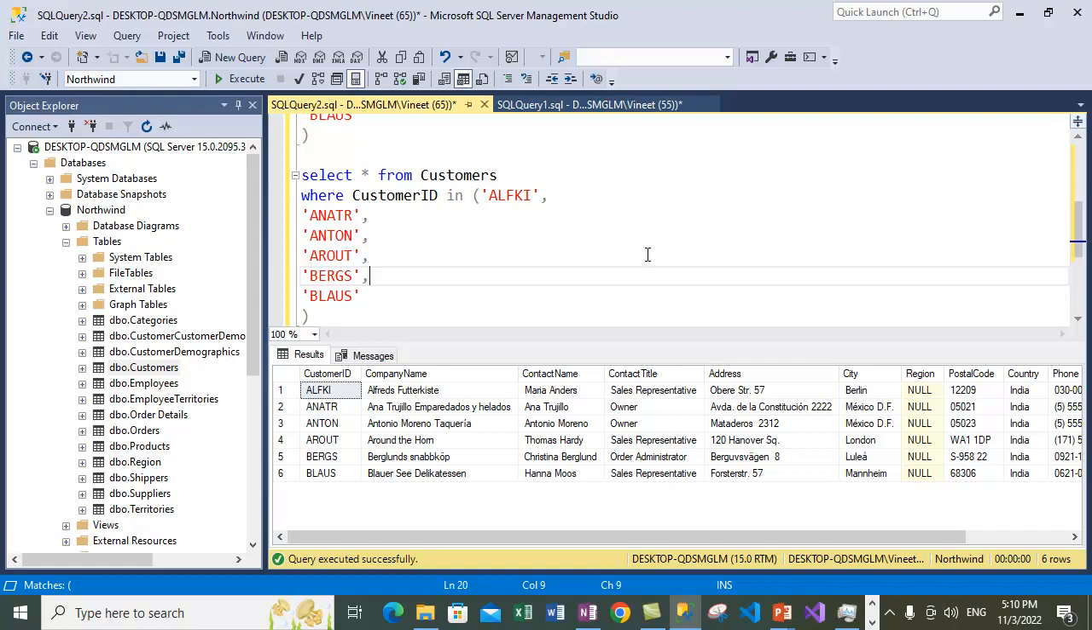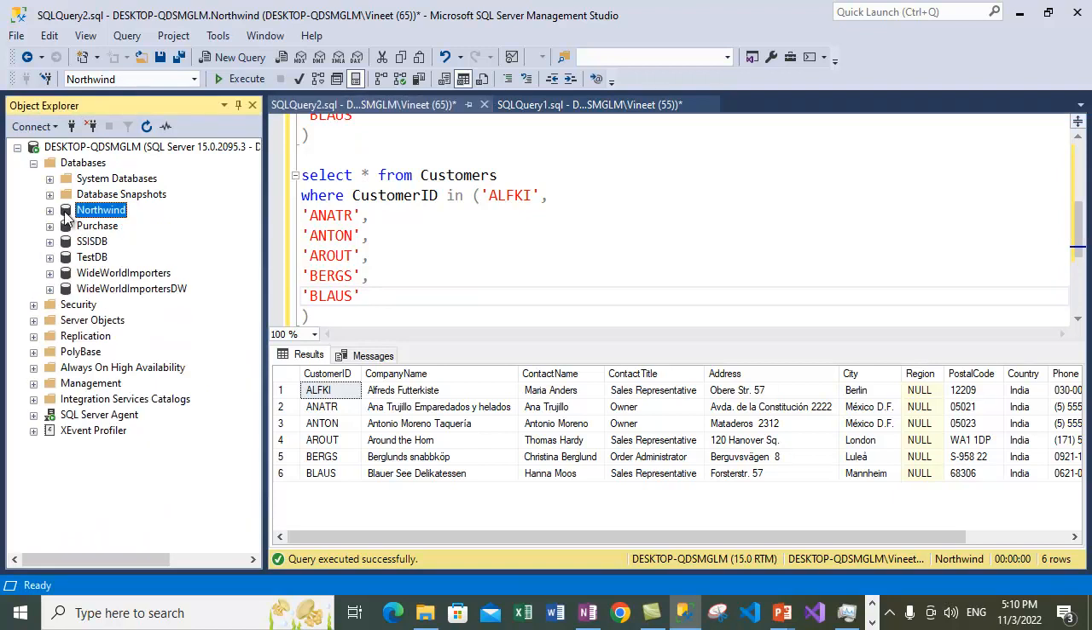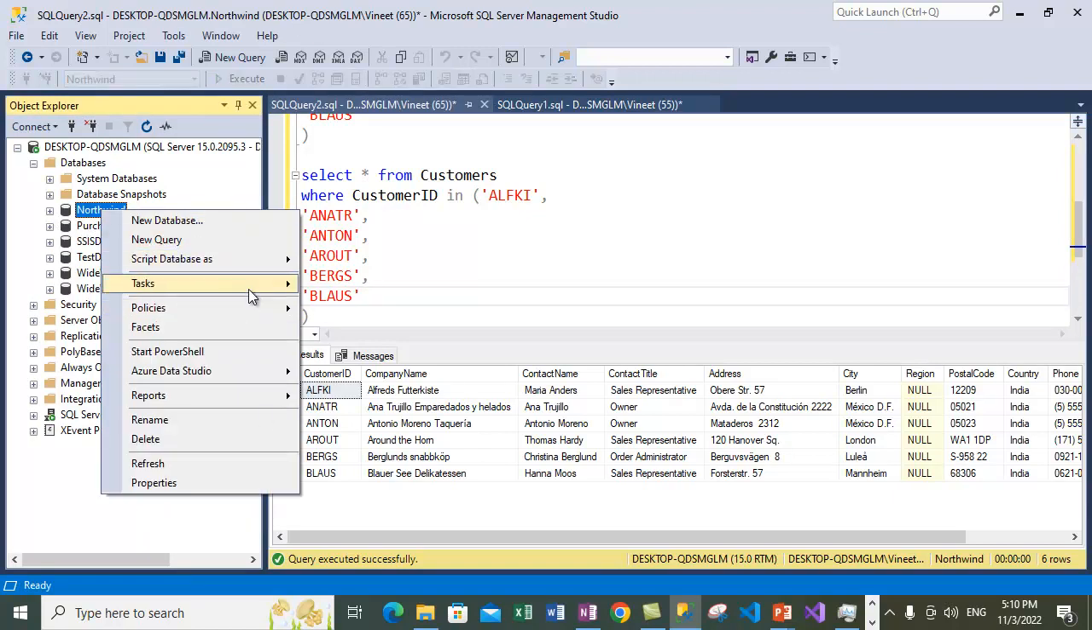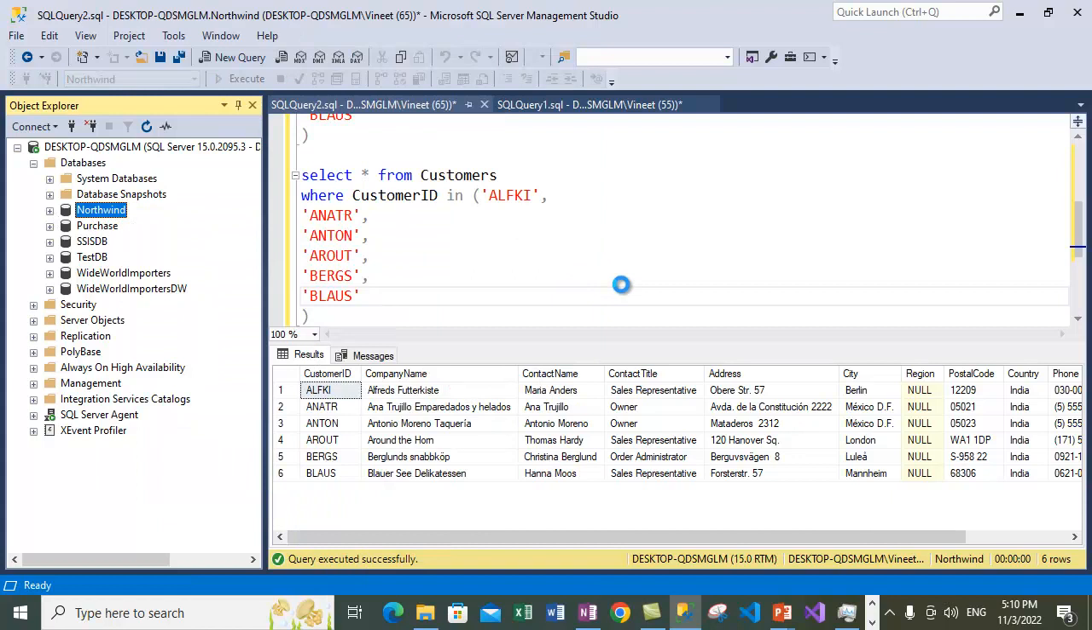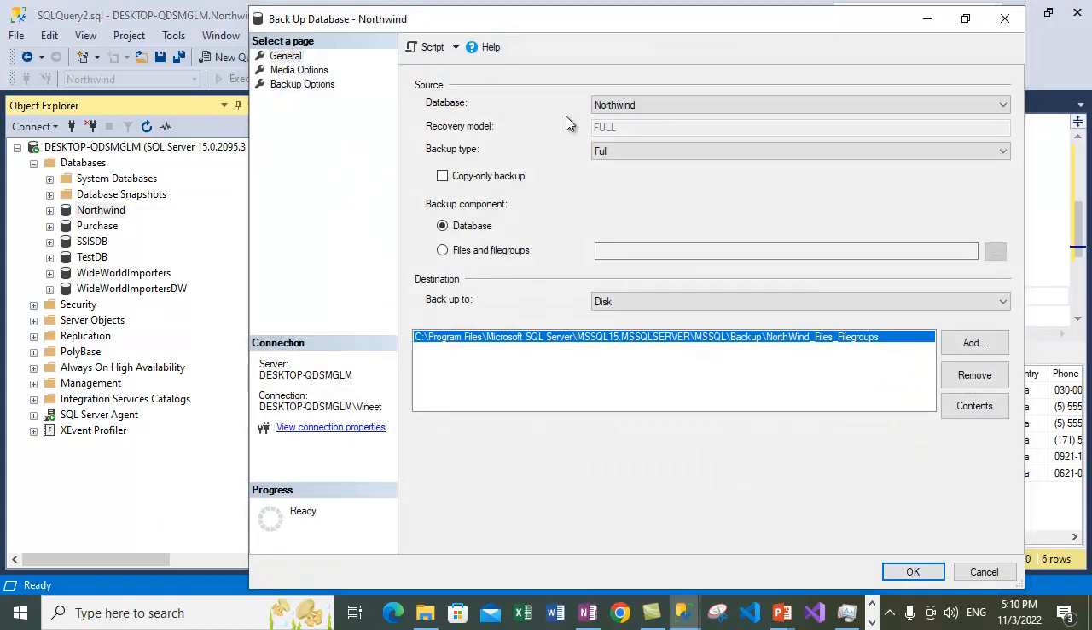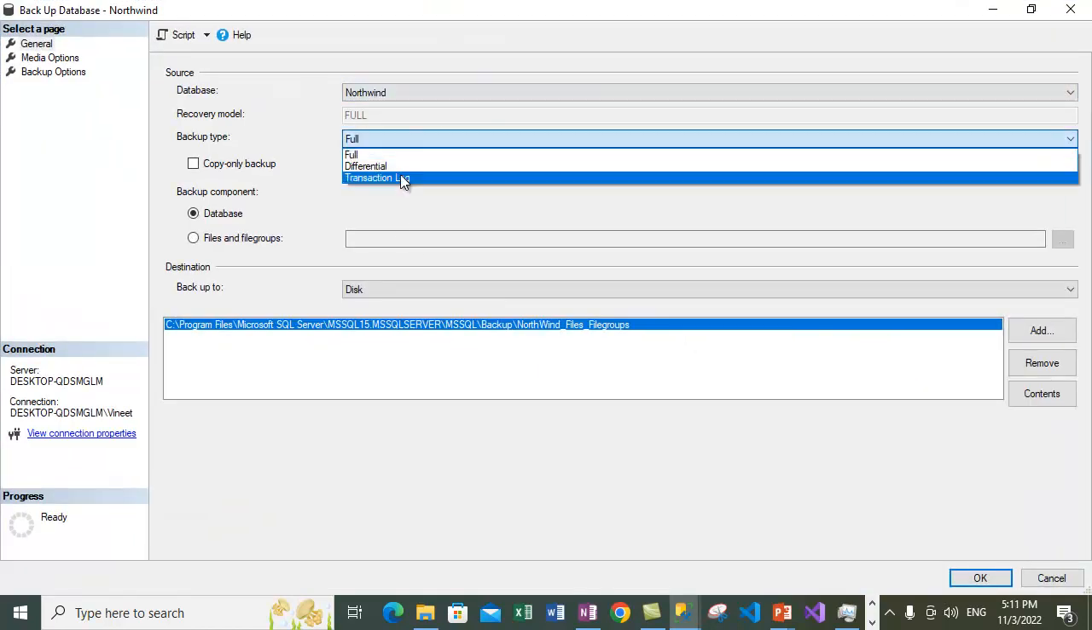So what you can do at this point, you can take a transaction log backup as you have made the changes to our database. So let's take a transaction log backup. So go to backup, and there are some changes. We'll take a transaction log backup quickly. So select transaction log and